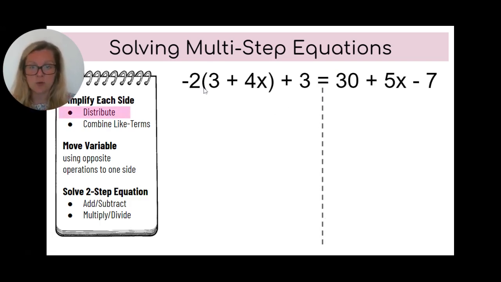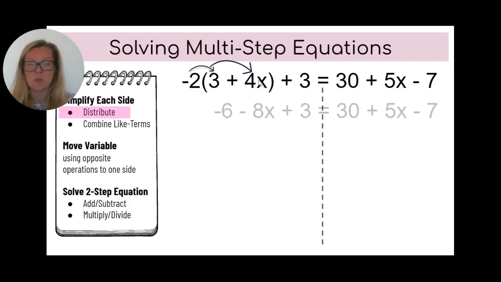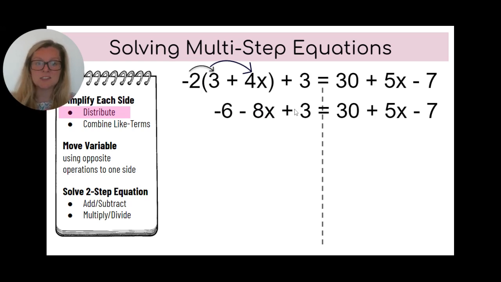So you're going to look for your parentheses. I'm taking the -2 and I'm going to distribute to everything on the inside of the parentheses. So I get -6 minus 8x, copy down the rest. Okay, distributing, done. Next, I'm going to combine like terms. And guys, we are just looking on the left, and then we're just looking on the right. We're not swapping sides yet.